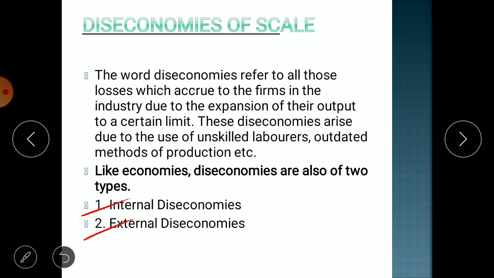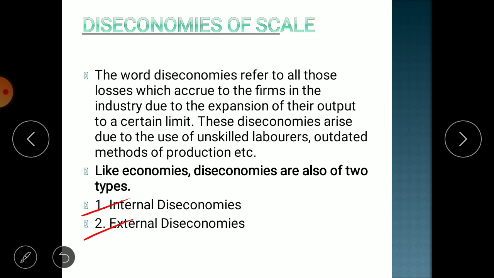If your cost increases due to a reason situated within the organization, then it is known as internal diseconomies of scale. But if your cost increases because of a reason situated outside the organization, then it is known as external diseconomies